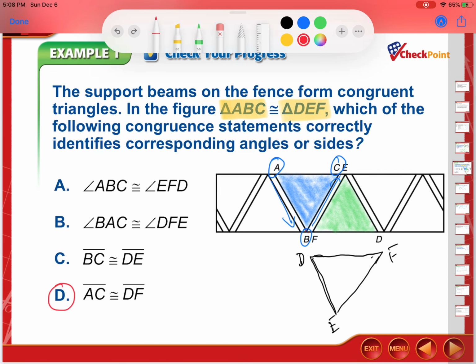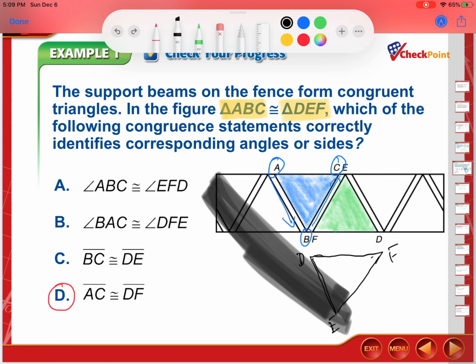And if we check that, angle B and angle E are both on bottom of our figures. So that checks out. And then angle C and angle F are also congruent because they're our last points. So looking solely at that congruent statement, we can solve this problem without